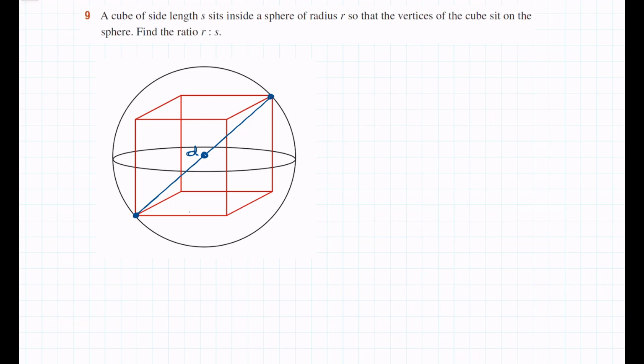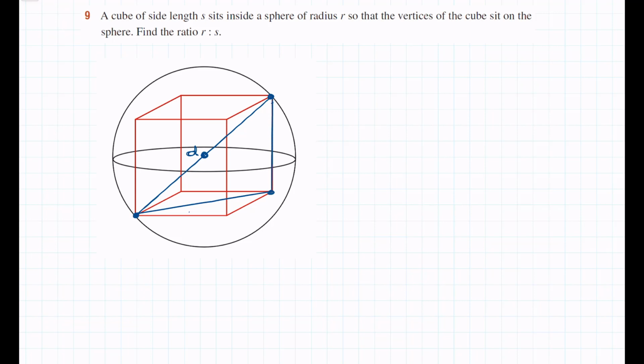Now from there we need to try and find a good right-angled triangle that's going to connect that diameter, which we know is 2 times the radius. If we can connect that to a side length of the cube, then we're going to be able to find the ratio. So I think the helpful triangle is the one that results if we connect the bottom corner of the cube to the opposite bottom corner, and then from there, if we go from the bottom corner that's opposite to the top corner that's opposite,